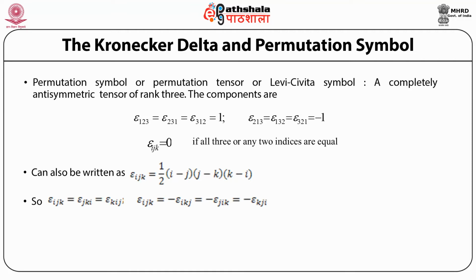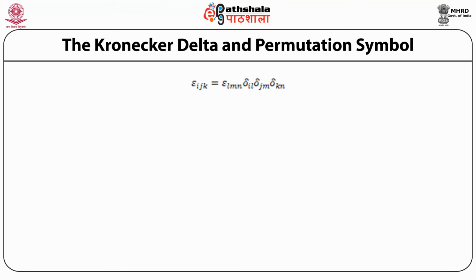So epsilon ijk equals epsilon jki equals epsilon kij, or epsilon ijk equals minus epsilon ikj equals minus epsilon jik equals minus epsilon kji. Using these definitions and properties of the Kronecker delta, epsilon ijk equals epsilon lmn del il del jm del kn, which equals del i1 into (del j2 del k3 minus del j3 del k2) minus del i2 into (del j1 del k3 minus del j3 del k1) plus del i3 into (del j1 del k2 minus del j2